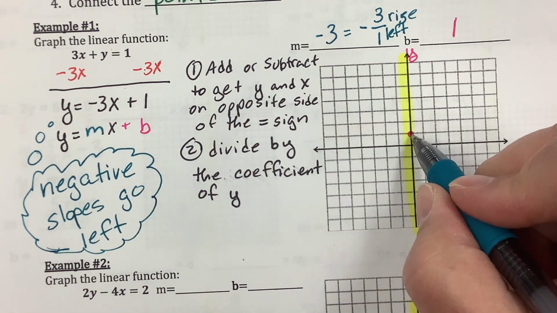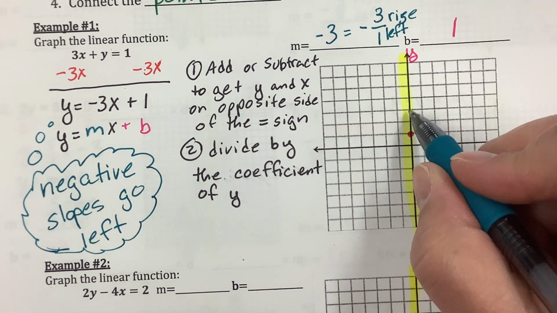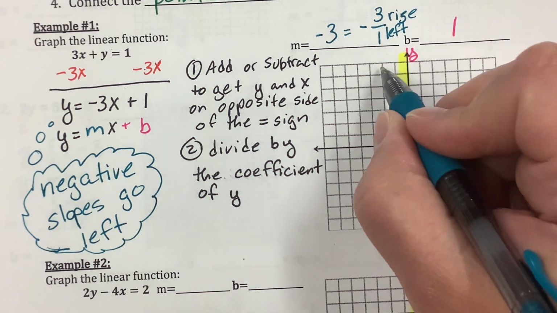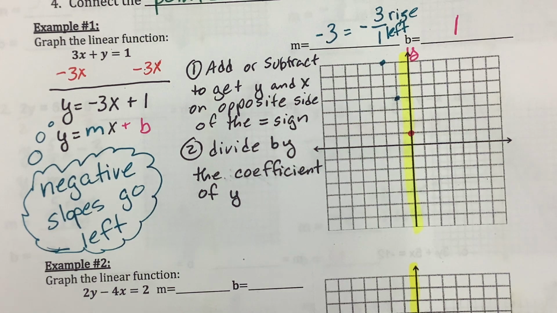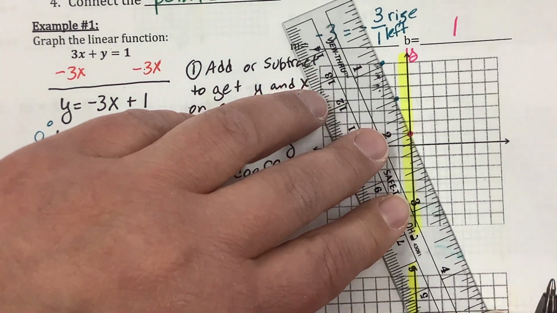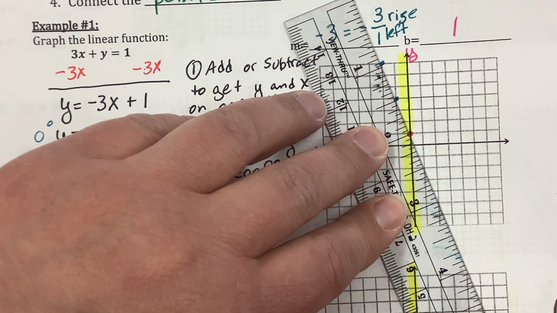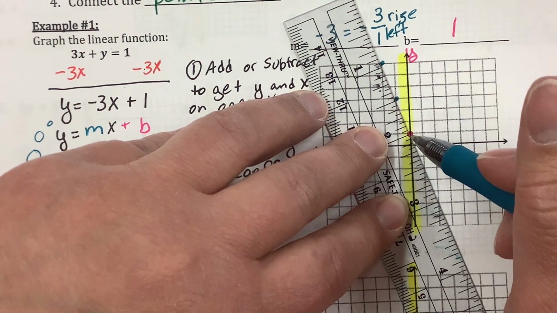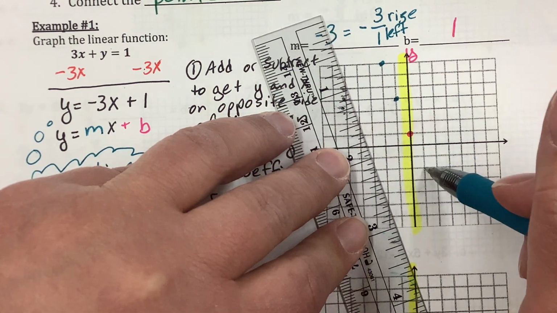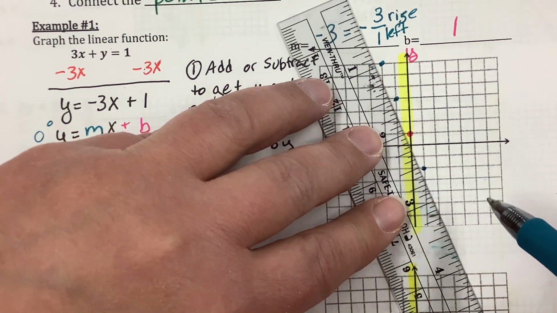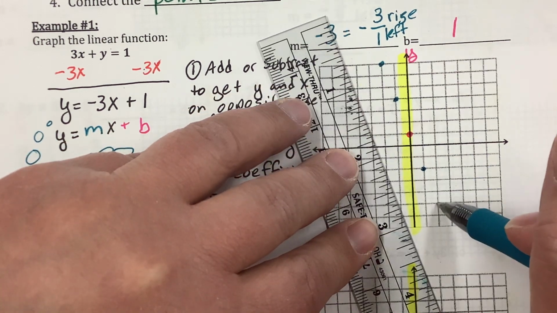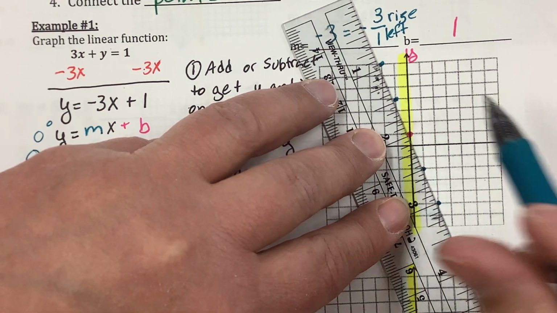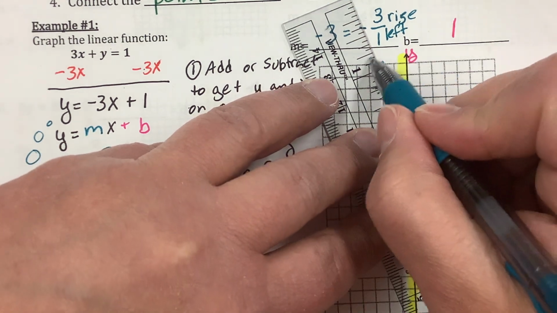So I begin at 1, and I'm going to rise 3, 1, 2, 3, go left 1. Now I have a couple of points here. I could connect those points and draw my line, or I could say, wait a second, I want more points. I'm going to go down 3, 1, 2, 3, right 1. And then I'm checking, see it's on my line? I'm going to go back and check, make sure that's on my line. It's nice to have a ruler handy so you can just keep double checking. So then connect those points,